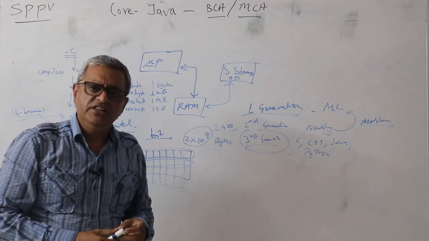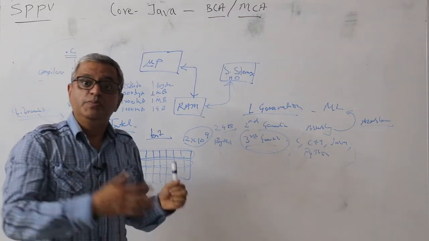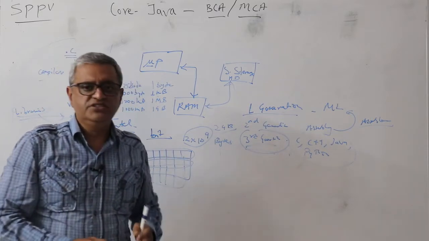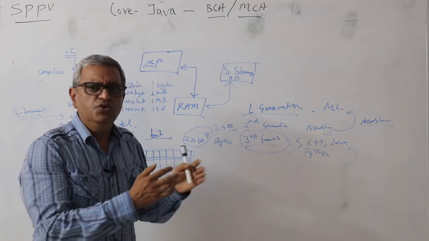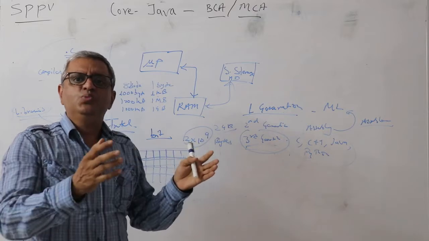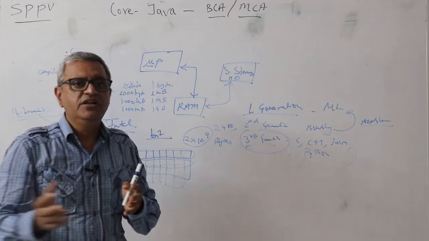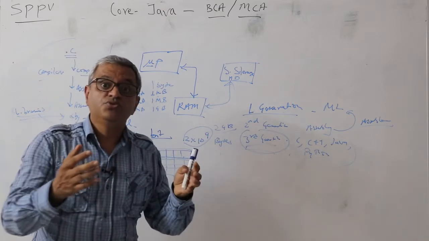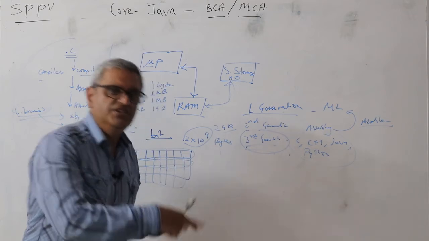Third generation language could also be interpreted. So there are interpreters. The difference between compilers and interpreters you need to understand. For a compiler, you compile it once and then it gets converted into an executable, and then you don't need the source code unless the source code undergoes any changes which needs a recompilation and